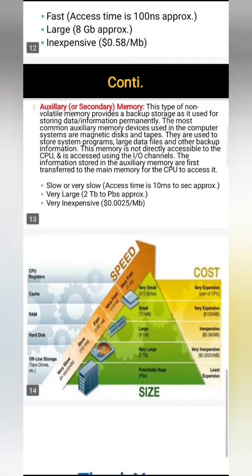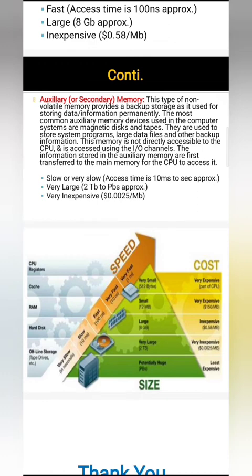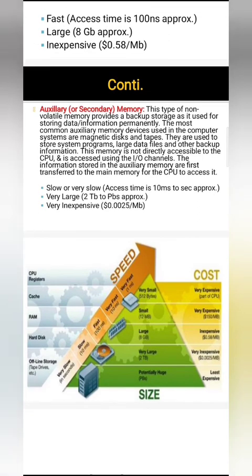So whatever we have discussed till now, I guess this diagram is making things quite clear to you all. This is the hierarchical structure. On the left hand side, you will find all your memory devices starting from CPU registers, then we have cache, then your main memory, hard disk, and any offline storages like your tape drives, disks, and all. Now, cost wise, the cost decreases from top to bottom, right? Now what about the access speed? The access speed of these memories will increase from bottom to top.